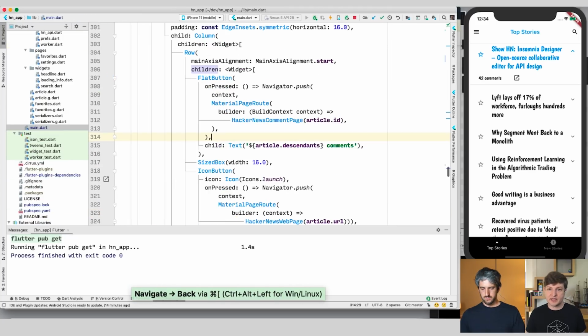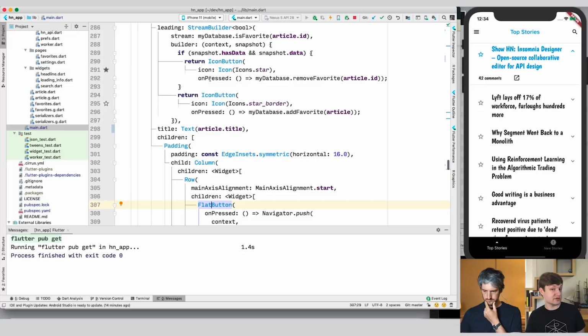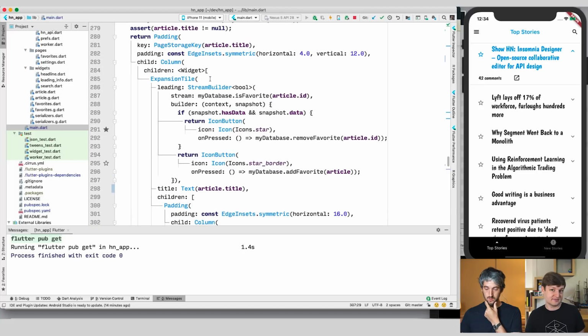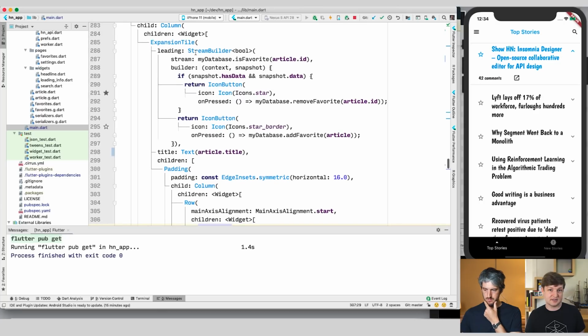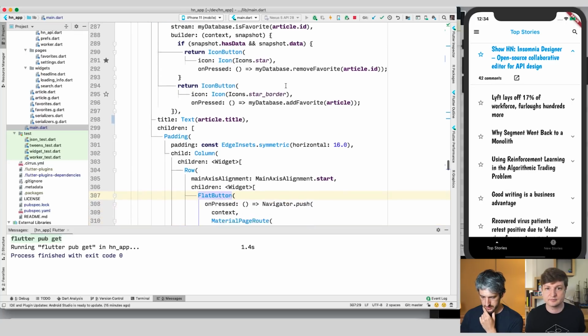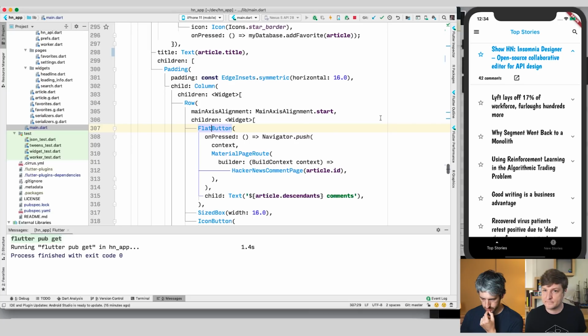Because all we need to do is add some left padding, or if we want to be directionally aware, some start padding. Interesting. I just want to make sure that this expansion tile is actually padded in the same way. What is the padding here? Also, the button itself is padded a little bit. So you know what? Let me just kind of